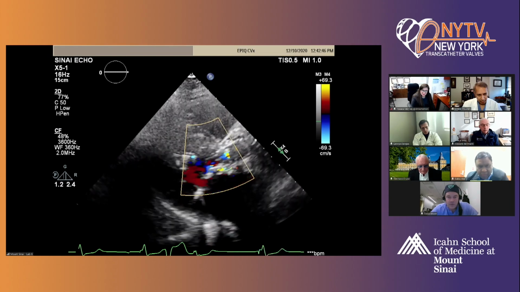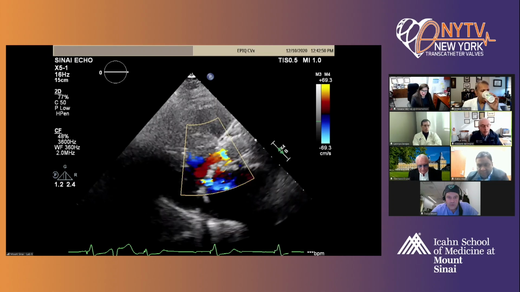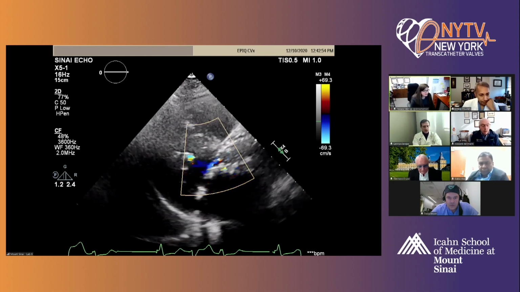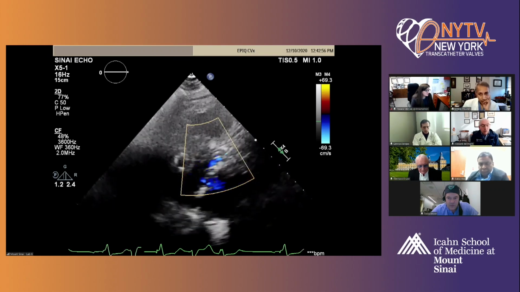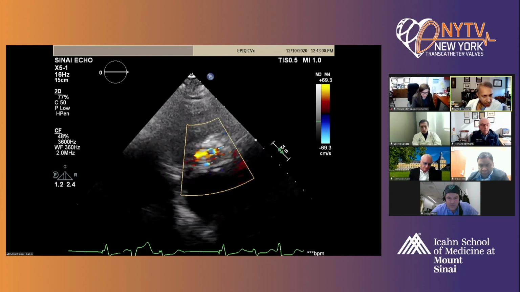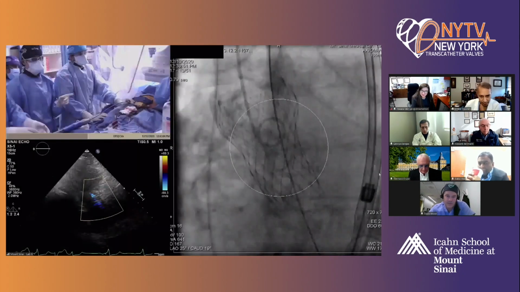We have the wire still. It's an excellent deployment. I think the wire causes that bias, like central AI over the wire. Guys, this looks great. Let's go with the apex. Gilbert, do you want to take the wire out? Okay, so that you can see, on fluoro. We are going to take the wire out. Yeah, take the wire out on fluoro. Okay.